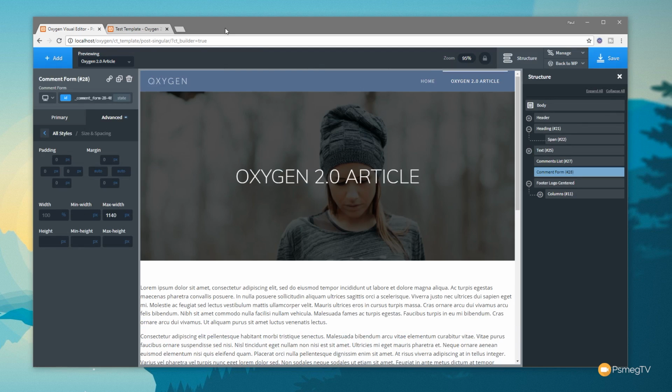So now that we put all the elements together into our single post page, our template, what do we need to do to get this to work inside our website? Well, actually absolutely nothing, because we set it to be the default for the single post page. It's going to show that on every single post. So all we need to do is make sure we've saved this, so it's committed all the changes,